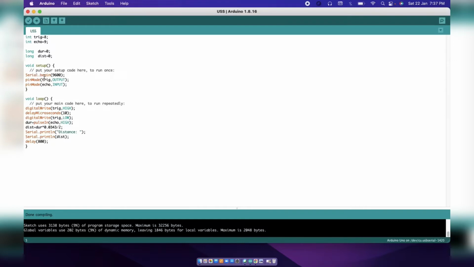So first, Serial.begin(9600), then pinMode trigger output, pinMode echo input. So this will be initialized in the setup part. In the loop part,